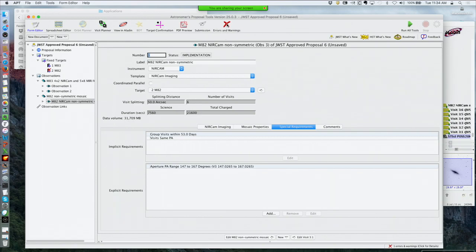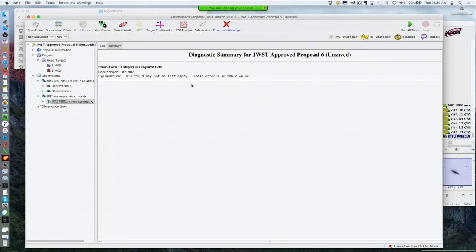Summary of the errors. If you want to see a summary all in one place, there are several different ways you can look at the error messages and get a summary of those as well. So that's a very quick tour of APT and where it stands at this point. I should go back. I meant to mention when I was looking at observations